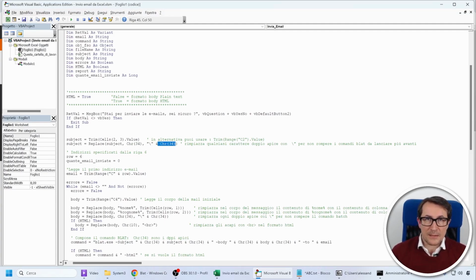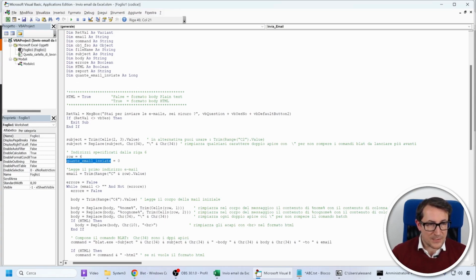This is because, as you've seen and may have guessed, the program will execute this DLUT command, and the parameters for the subject and body of the email must be enclosed in double quotes. So if there's a double quote character within the subject or body of the email, it breaks the command and it won't work anymore, so you need to escape the double quote. Then it starts at line 6.